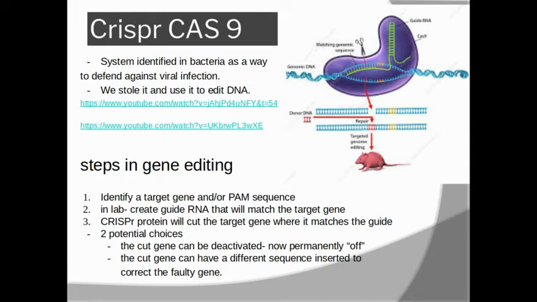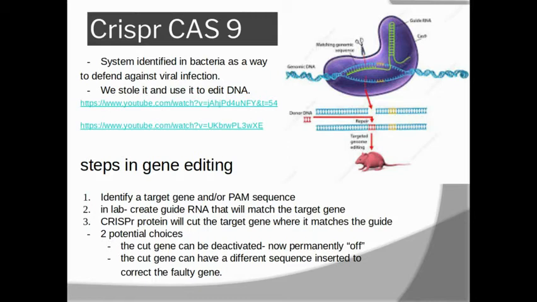Well, the bacteria has developed a system to read genetic material and cut it at very, very specific locations. And we stole this protein system, the CRISPR-Cas9 system, and we use it now to edit DNA. There are two fantastic links provided in your slideshow that you can actually click on and watch. I recommend you take the time to check it out now before we continue, because I just cannot do this